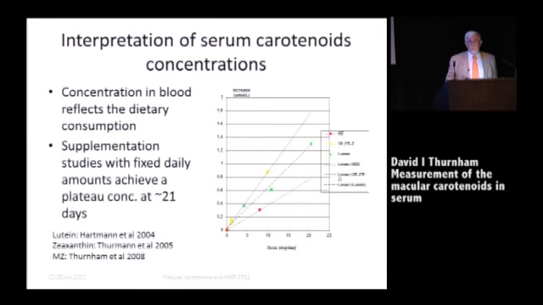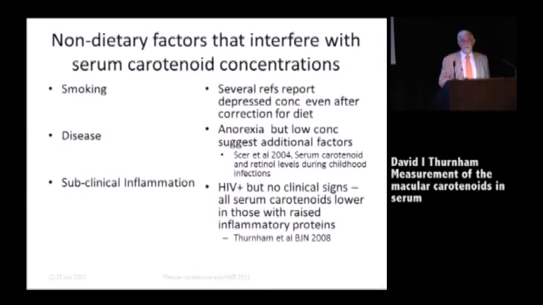What complicates this sort of interpretation? Well, inflammation, and this is the last topic I want to talk about. Inflammation interferes with those relationships, because inflammation depresses carotenoids. There are numerous reports of smoking being associated with reduced levels of beta-carotene. I mentioned them earlier on when the interest in heart disease story. Disease itself has a precipitous effect on, or appears to have a precipitous effect on, serum carotenoids.